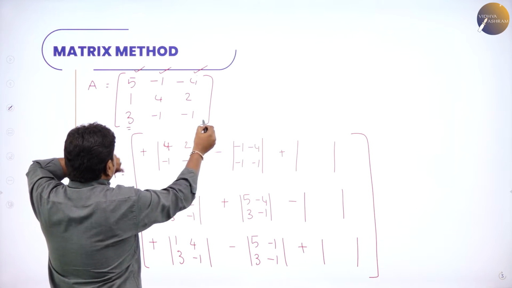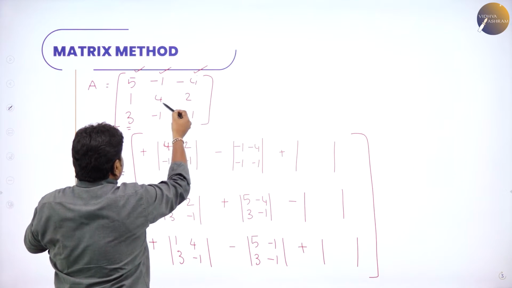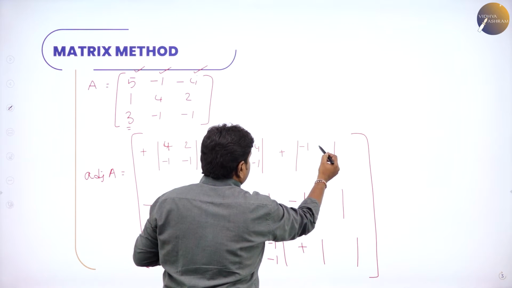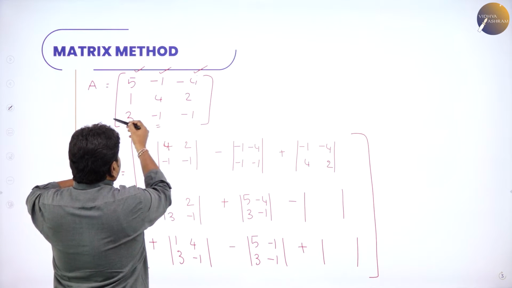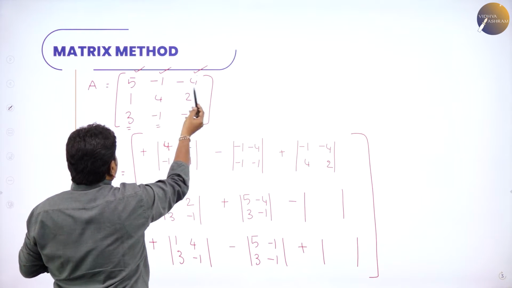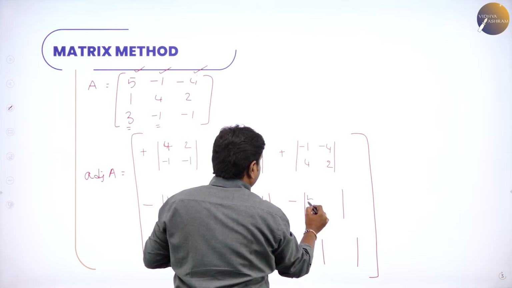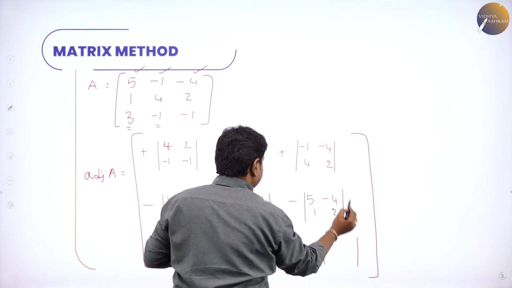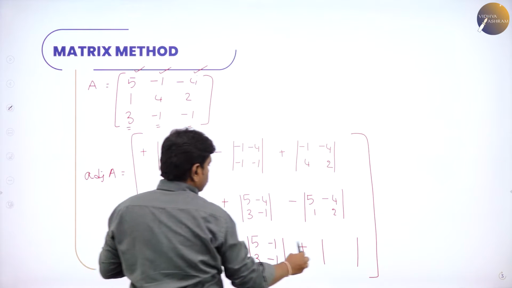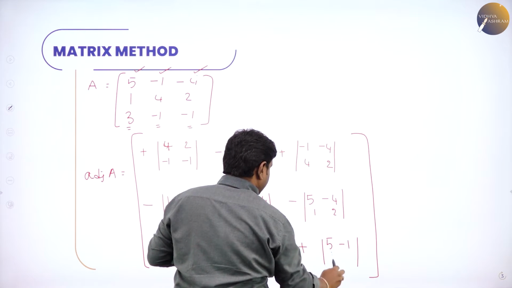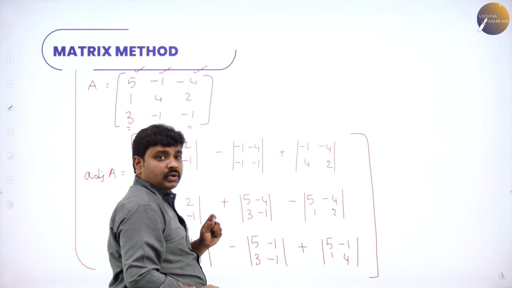So third row first column, you leave it, minus 1 minus 4 4 2. Then this one, leave this and leave this, you'll get 5 minus 4 1 2. Then leave this and leave this, you'll get 5 minus 1 1 4. Now coming to this,